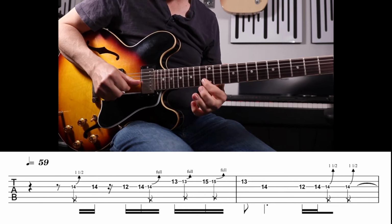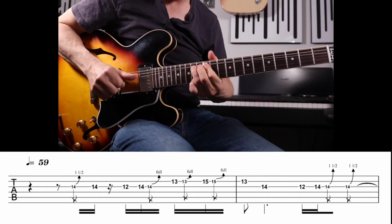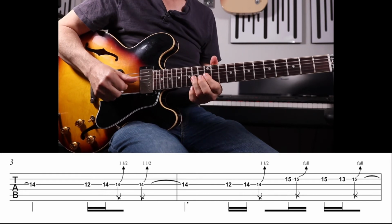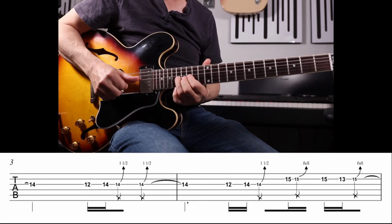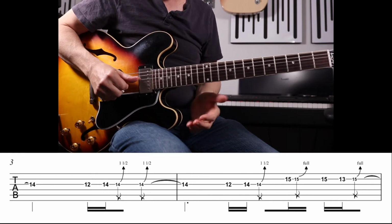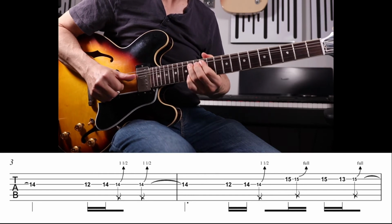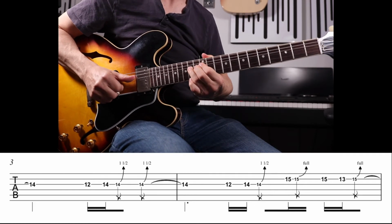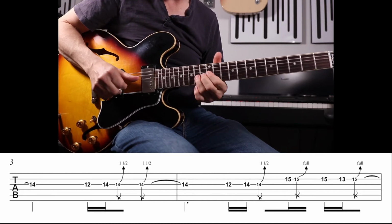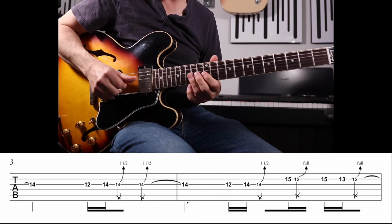Then when it goes to the A minor, so that's bending up from the 14 again to the 17. And he kind of vibratos, brings it back down to the 14. Sounds like it's crying. He does that twice. And the next phrase,